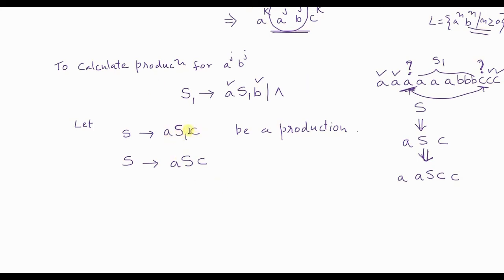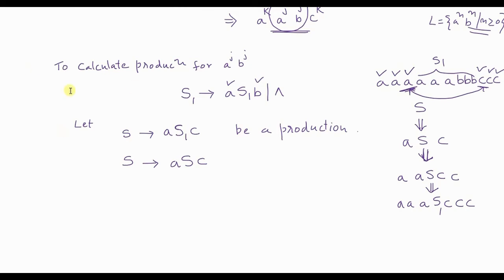So what I do, I replace S. Before that, 2 A's and 2 C's I will write as it is, and I will now replace S with AS1C. So S will be replaced with A, S1 and C, and that is how I have now matched exactly 3 A's and 3 C's. So I have matched 3 A's and 3 C's. Agreed, no? So the work of S is over.